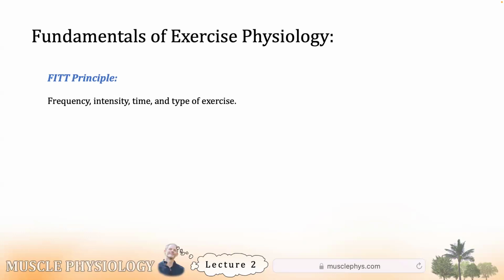But volume is just a way of combining time and intensity and frequency, those components, to arrive at a total exercise product, with the idea that if you're short on time, you can increase intensity, vice versa. And progression attempts to define changes in a program over time. For the sake of this class, ignore V and P, and just know F, I, T, and T: the frequency, intensity, time or duration, and type or mode of exercise.